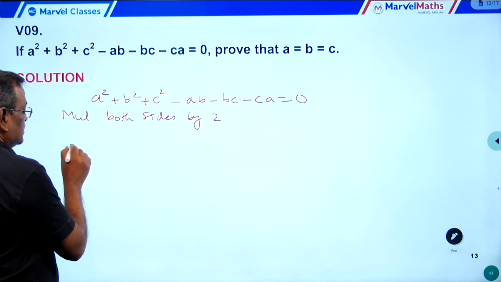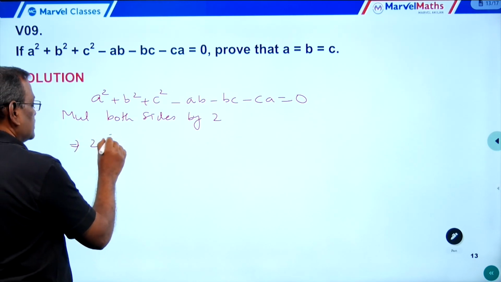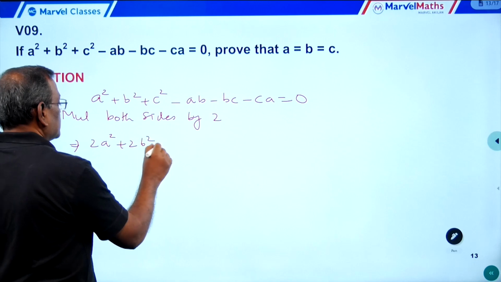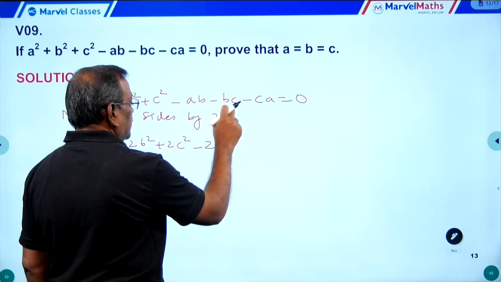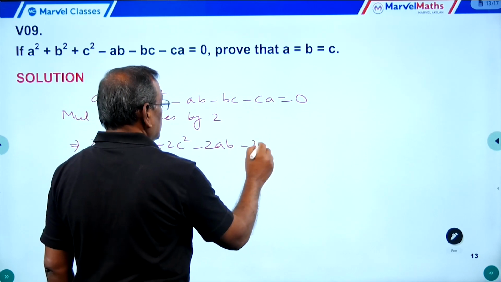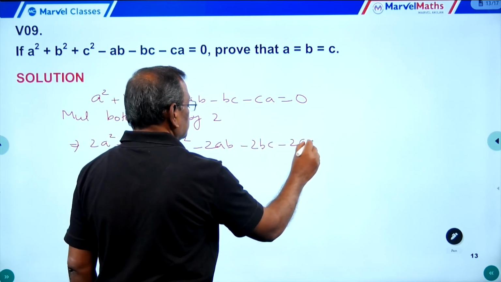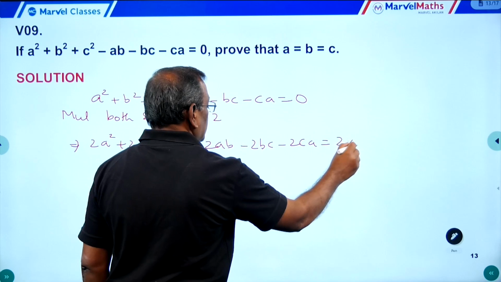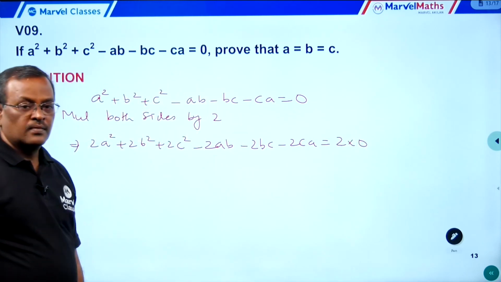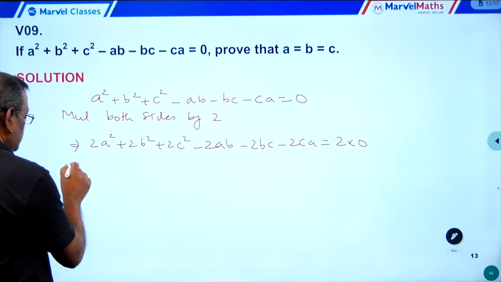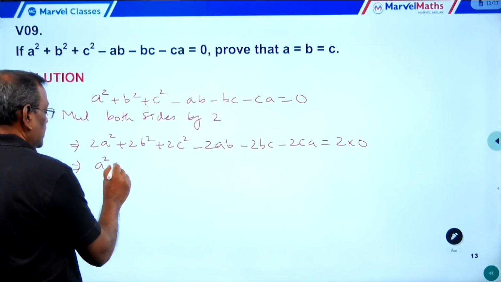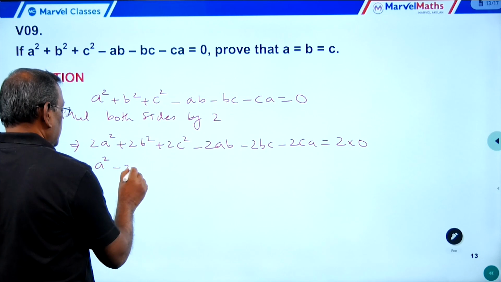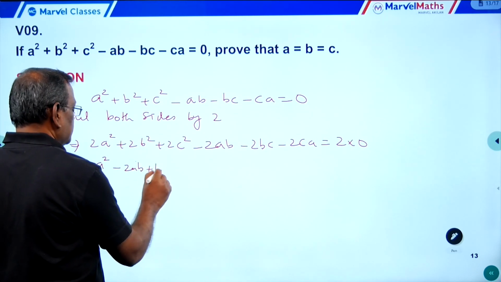So this implies 2a square plus 2b square plus 2c square minus 2ab minus 2bc minus 2ca equal to 2 into 0. Clear. Now group the terms and you have to split into two cases, 1a square minus 2ab plus b square